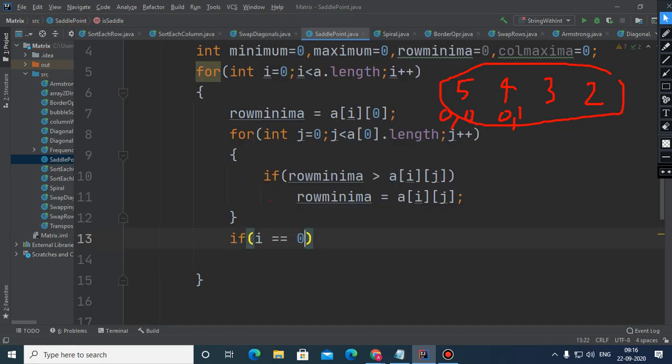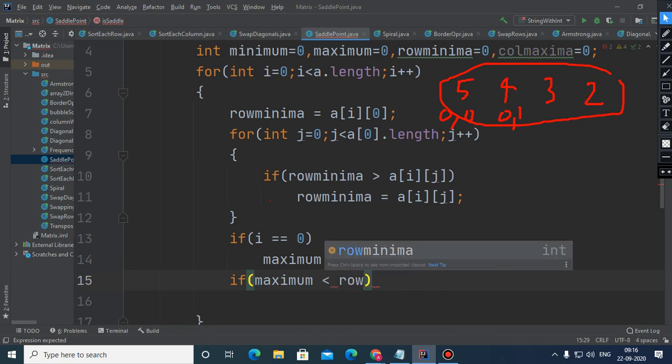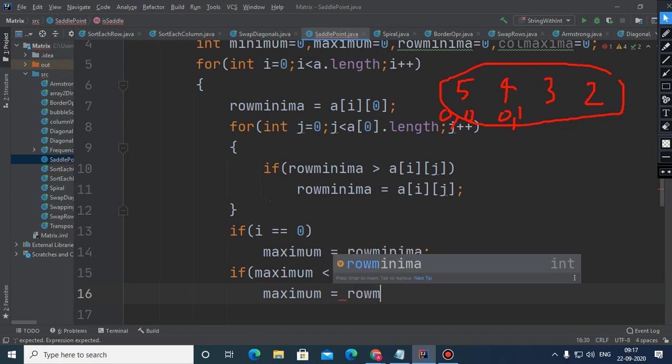If i is 0, then this maximum is equal to row minima, and if not, then if maximum is less than row minima, then maximum will be row minima.